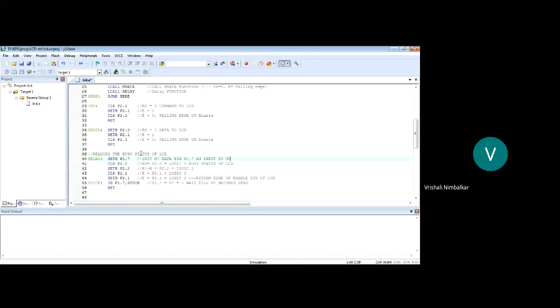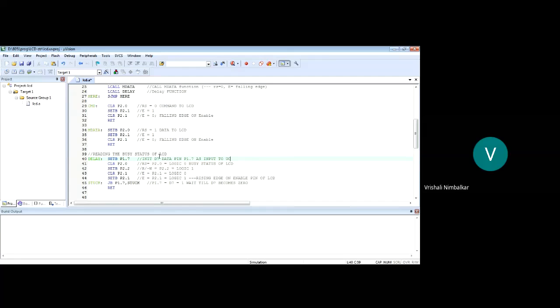Let us check the busy status of the LCD. If the LCD is busy, let us wait at the same instruction, and as soon as the busy status is 0, let us return to the main program to send the next command or next data.